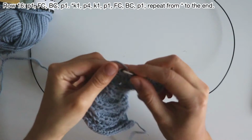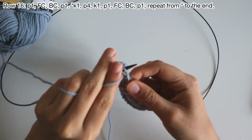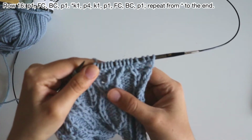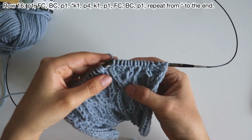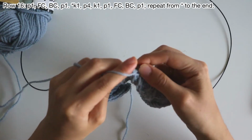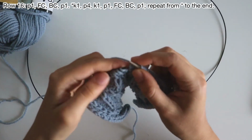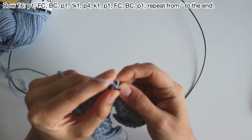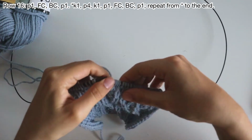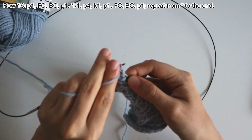Now purl 1, knit 1, purl 4, following the shape of the loop. Here you can see. Again, purl 1, front cross, so purl the second stitch, knit the first one and a back cross. So knit the second stitch and purl the first one and purl 1. Again, we are closing this loop, knit 1, purl 4,